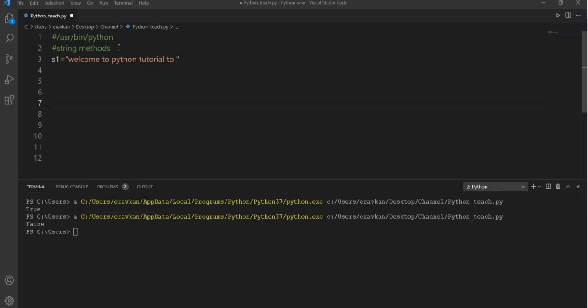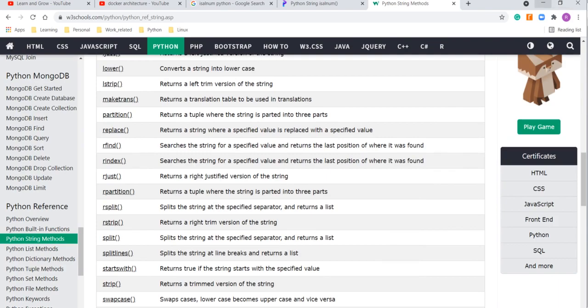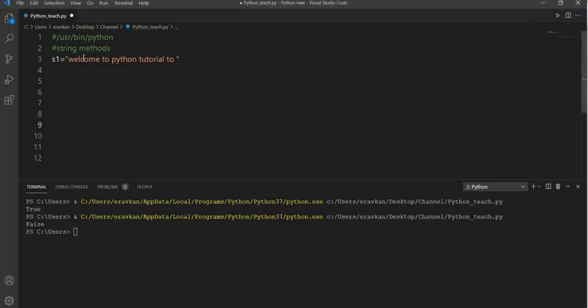So today we are going to discuss string methods. There are a lot of methods in string. You can go on the internet and search for the many methods available with the string. But in my video, I will explain the main important methods that we use, because there are so many. Explaining every method will not be good because it will take time, and most of the methods you will not be using in your programming. Okay, so let's start.